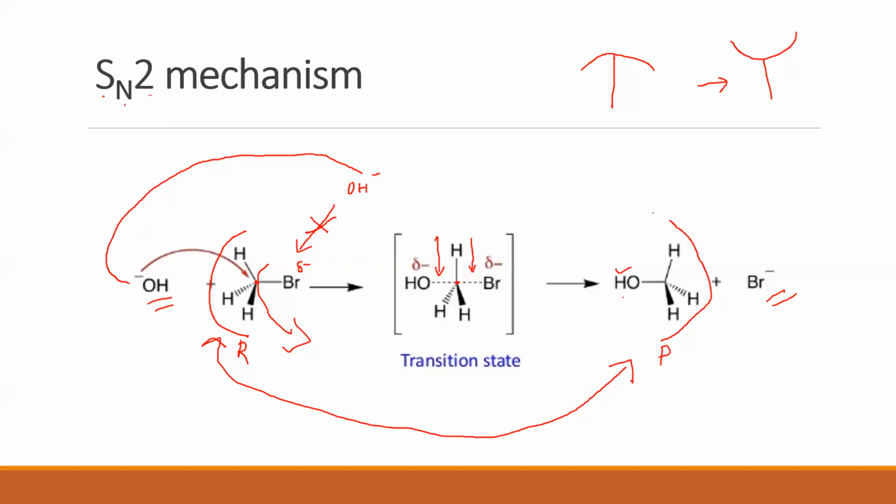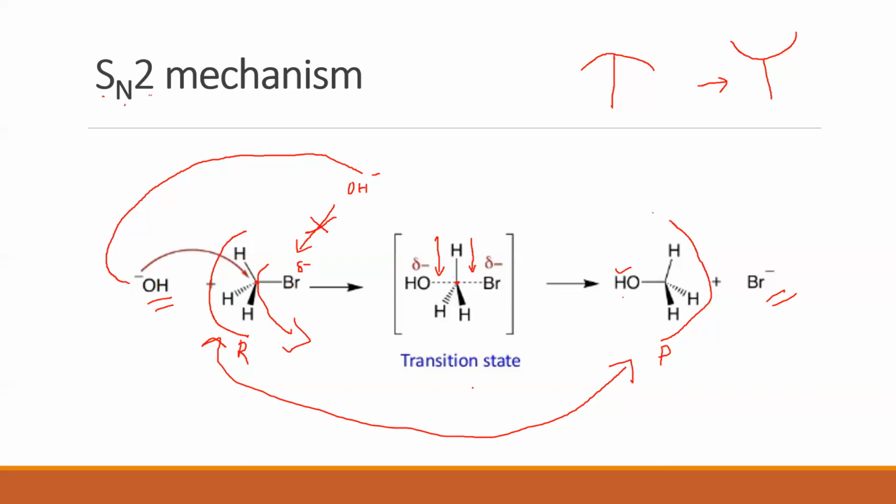Clear? Yes? Super. This mechanism is called SN2 mechanism. So when the question is asked, you need to write all that is there on the slide. Let me repeat it once again. During SN2 mechanism, the nucleophile will not attack from the front side because of repulsion. It will attack from the back side. It will attack the carbon from the back. The moment it attacks, the transition state is formed.